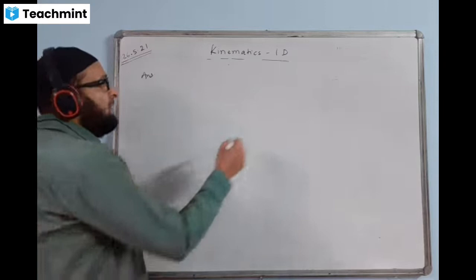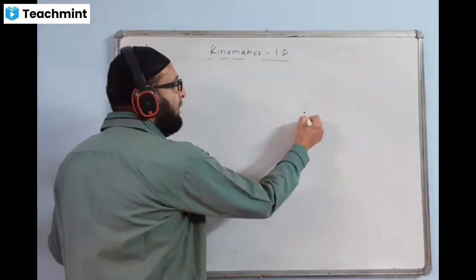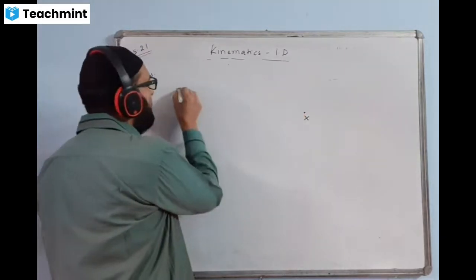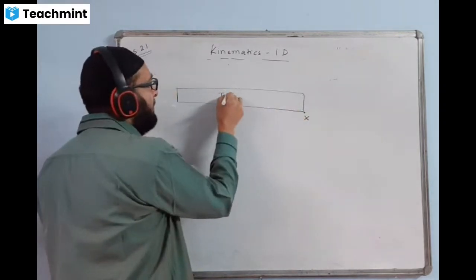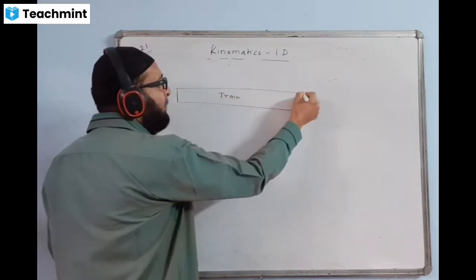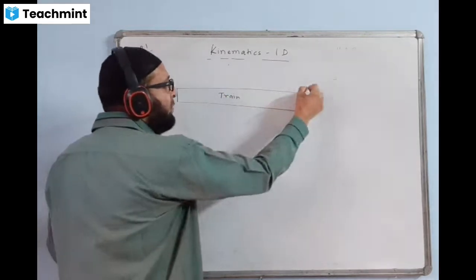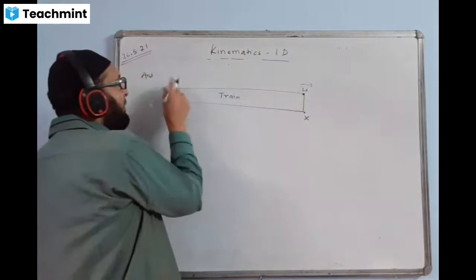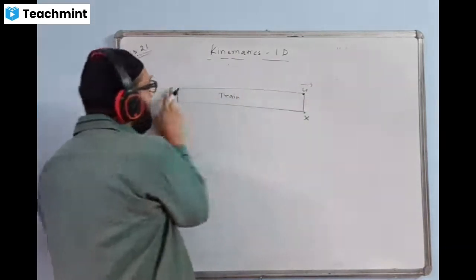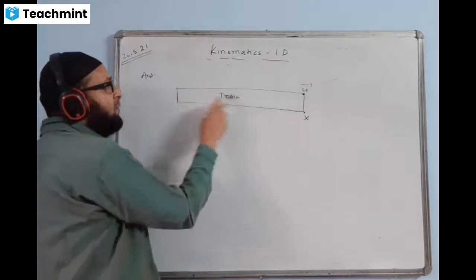The question says, I'll just draw the diagram here. There is a point X and there is a train. Maybe the train is here like this. This is the front point of the engine crossing this point. At that time the velocity was u. And when the entire train passes over and this part of the train is crossing, that time the velocity